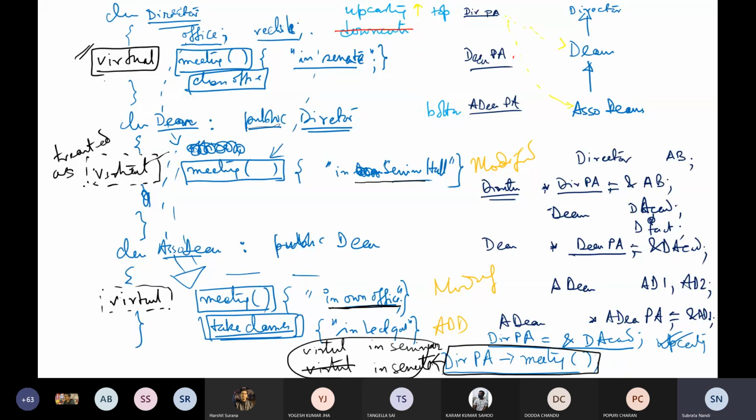Now, when we say this is a pointer, I say that the director's PA is a pointer. I can also think of references, right? So pointer variables can point to specific objects. Reference variables can also refer to that, right? So instead of writing pointers here, if I write reference variables,